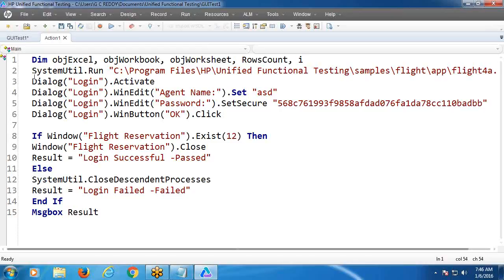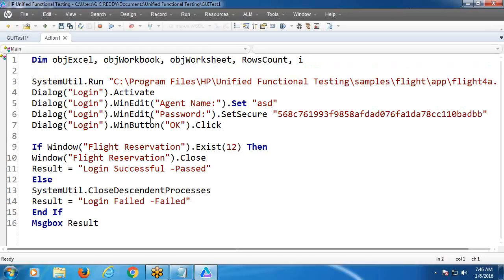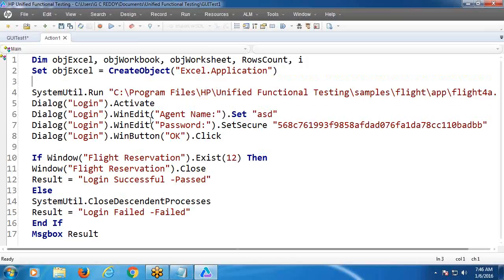And now first create the Excel application object. Set obj excel equals to create object. Create object is a built-in function of VBScript of class value: Excel dot application. Okay. Next, create workbook object using Excel application object. That is sub object. Workbook equals to obj excel dot